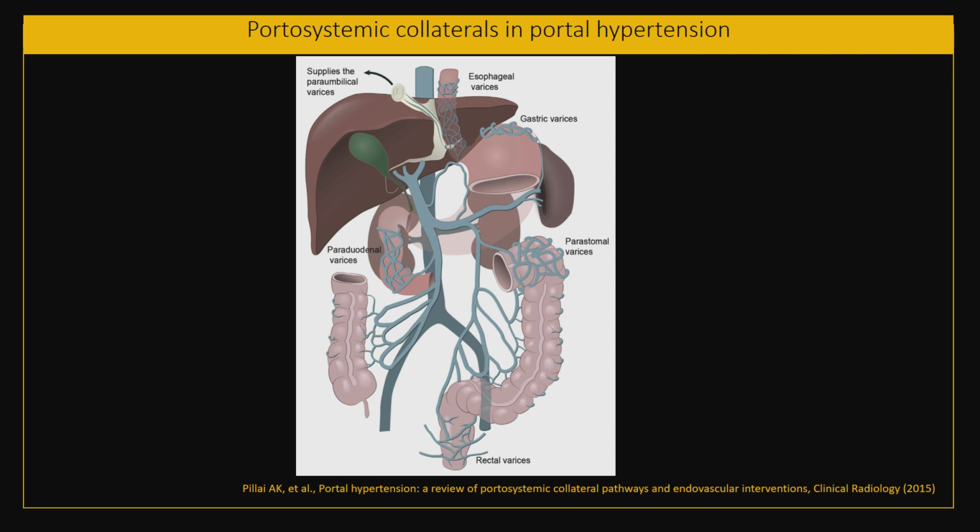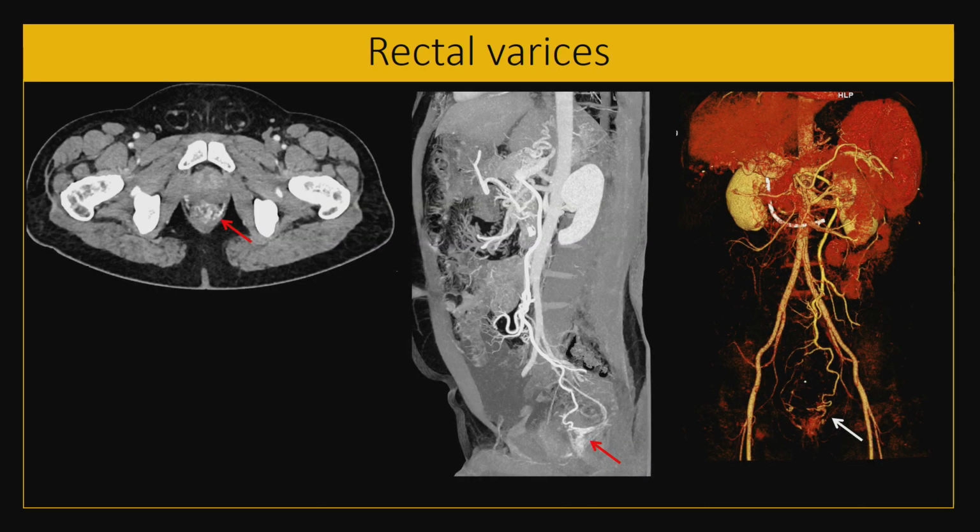The most common ones that develop are the varices, and then you have the recanalization of the paraumbilical vein. Varices, you can have esophageal as well as gastric. You can have colonic varices, paraduodenal varices, rectal varices, mesenteric varices, and we'll see one by one all of them. So here, this is a patient of extrahepatic portal venous obstruction. You can see that the splenic and superior mesenteric vein is